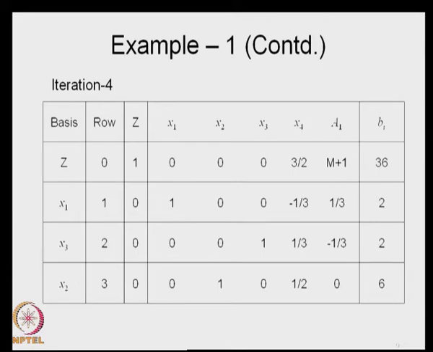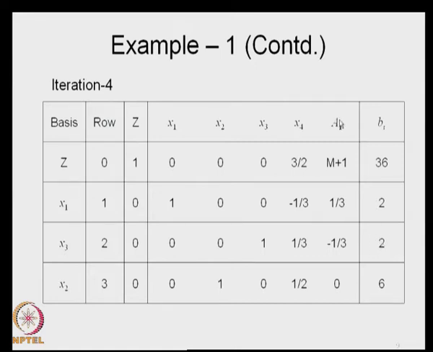Now, there are some important aspects that you must remember. You introduce the artificial variable a 1, which was not existent in the problem, much like you introduced x 3 and x 4. For example, these were slack variables. X 3 and x 4 can take non-zero values in the final solution, because essentially you introduce the slack variables to make the constraint an equality constraint. Therefore, x 3 can be non-zero in the final solution.